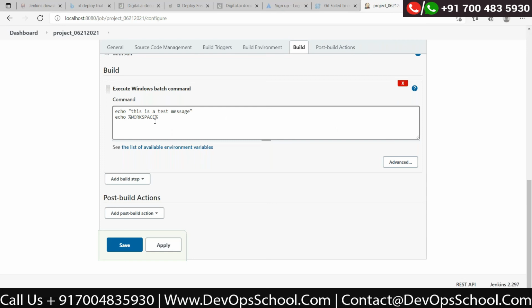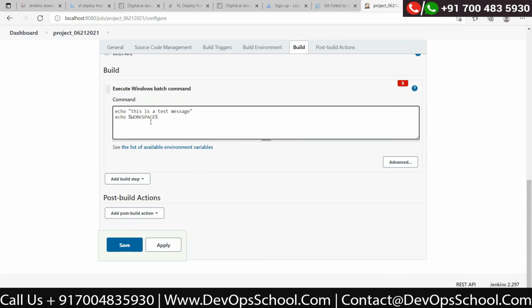Workspace is a folder, but at the same time, workspace also represents an environment variable, which is another important concept of Jenkins jobs. There are environment variables which you need not remember; when Jenkins gets installed, it gives you some values out of the box.